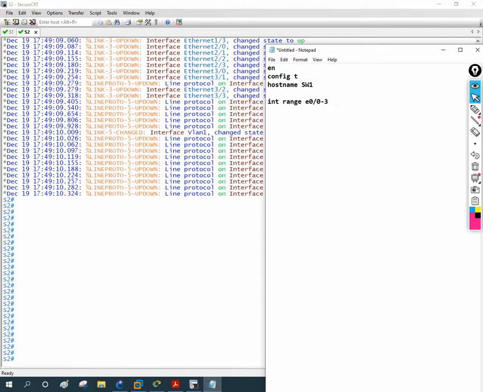Then I will make the trunk. This is a layer 3 switch, so we need to write switchport trunk encapsulation dot1q, then switchport mode trunk.